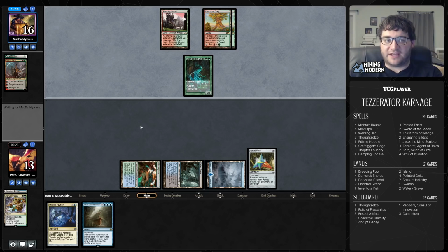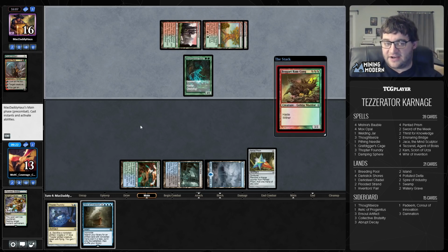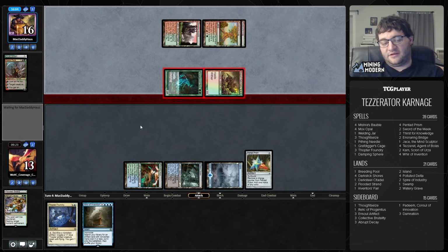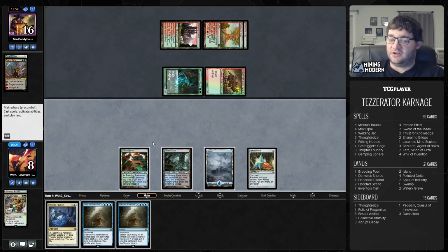And that's why we're Abrupt Decaying the Domri. Because making them discard that and then taking 1,000,000 damage over the next 2 turns, like, we're just going to die to the Lightning Bolts whether we get Bridge down or not, to mention they can still just flash it back and kill our Bridge. So, this is bad. This is not good for us, but I don't think we have a better option. And in fact, this might just kill us anyways. Because...